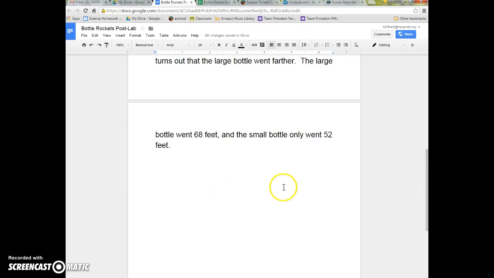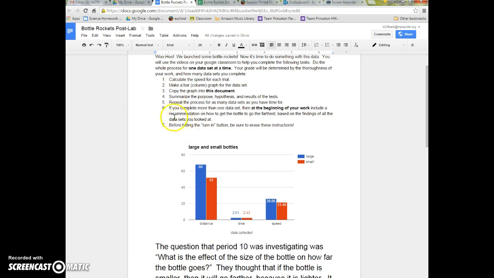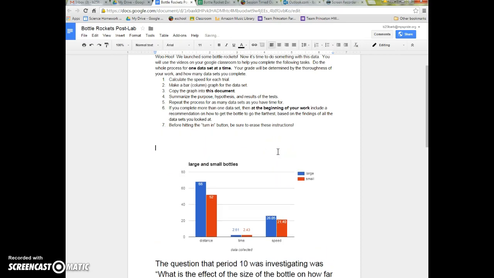The only other thing is, remember, if you do more than 1 class, look at step 6 here. At the beginning of your work, that means right here in front of this graph. So I'm going to make a little space in front of the graph. In front of the graph, include a recommendation on how to get the bottle to go the farthest based on the findings of all the data sets you looked at. So I would start this sentence, the best way to get the bottle to go the farthest would be to use the large bottle,